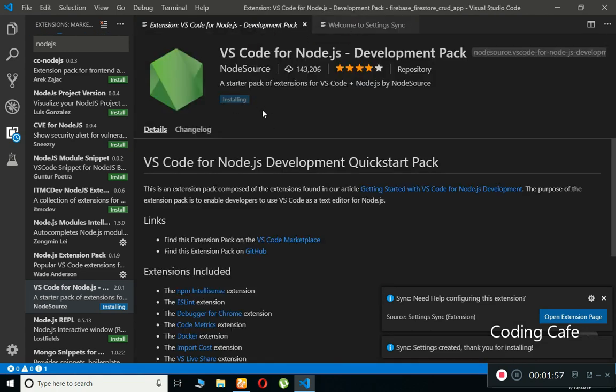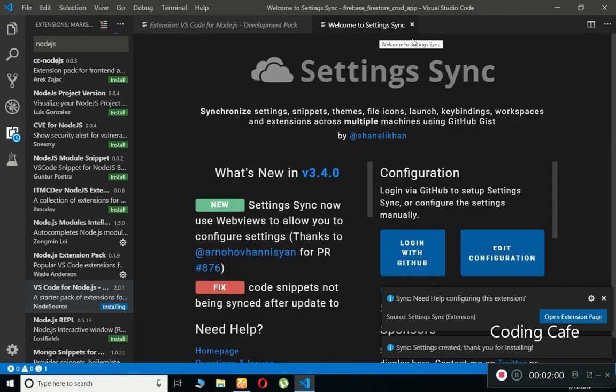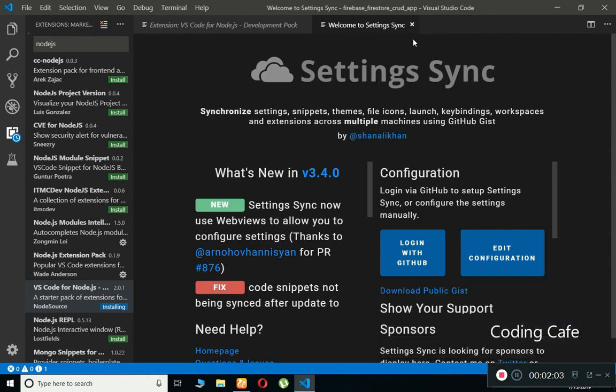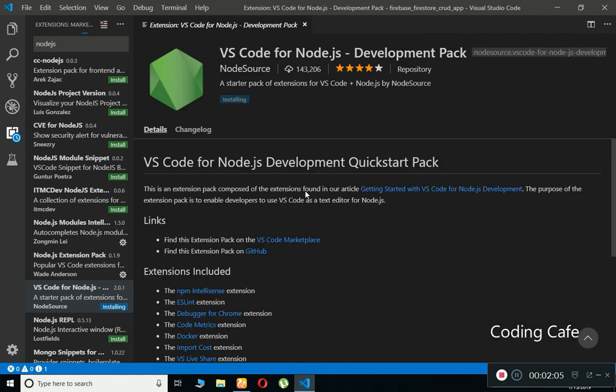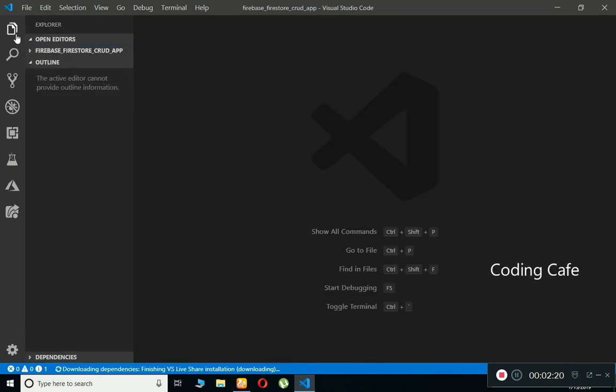Still installing, but this Welcome to Settings Sync appears here, and you can close it. After 5 or 6 minutes, it will install this one plugin, which is important to install. So you can install this one also. It will take 5 or 6 minutes. Once it is installed successfully, now you can just come here, and here you can see this is an empty